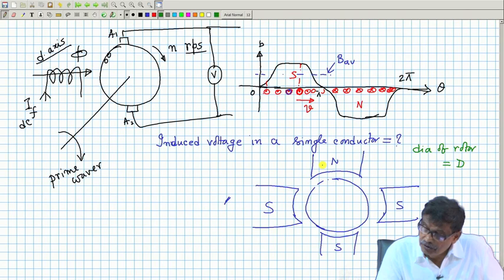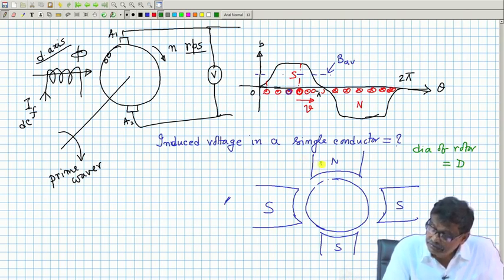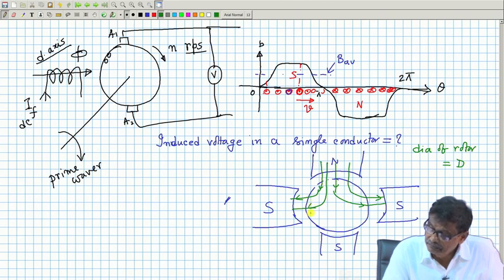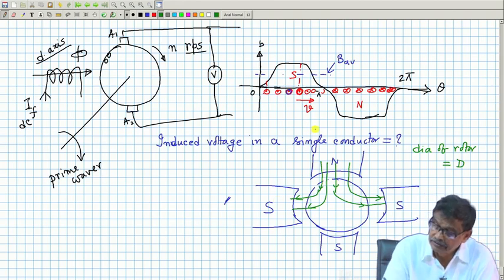This north pole will create flux which will come out, as we have seen, it will go like this. That is how it will be completing through this other portion of my iron, EOX that is called. Anyway,